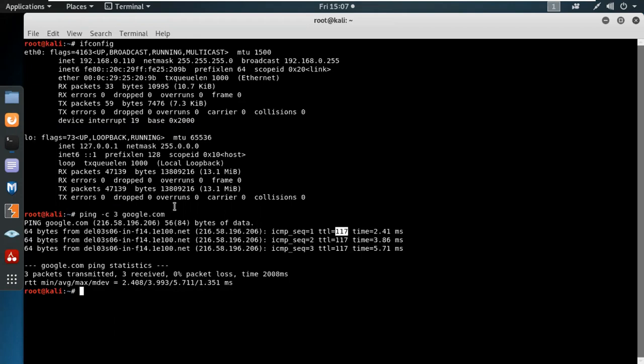Yes. So actually this value got decreased when it passed through a number of hops, I guess. Yes, exactly. The number of hops means the number of devices. Whenever the ping command passes through a device, which is a hop, it will simply decrease the TTL value also. So the total value was 128, and we have 117. It means 11 values have been decreased because the number of devices is 11 in between the client and